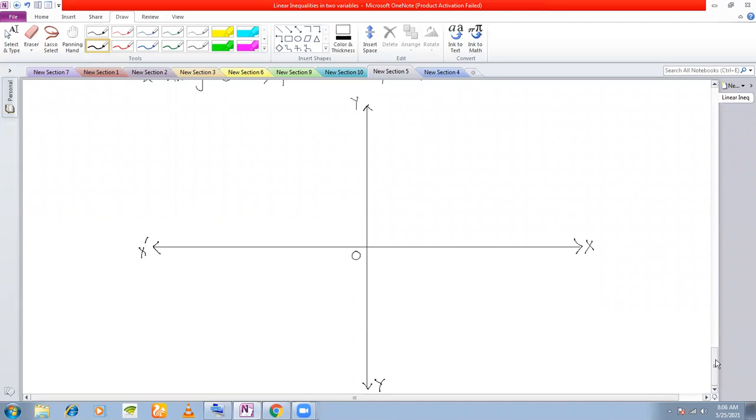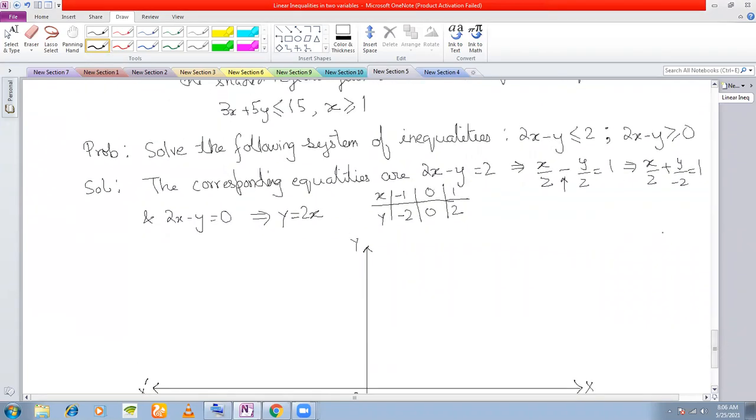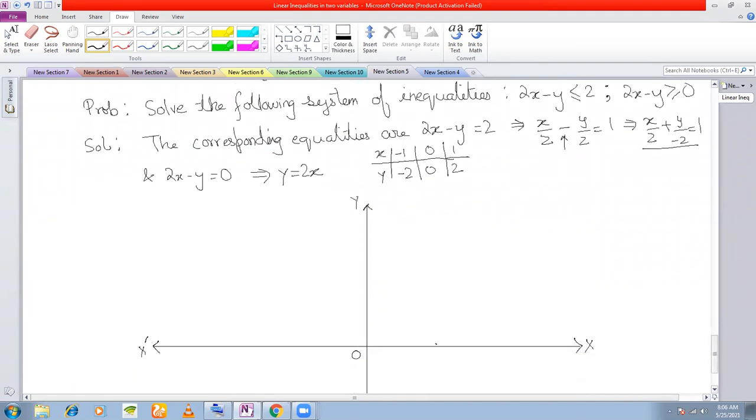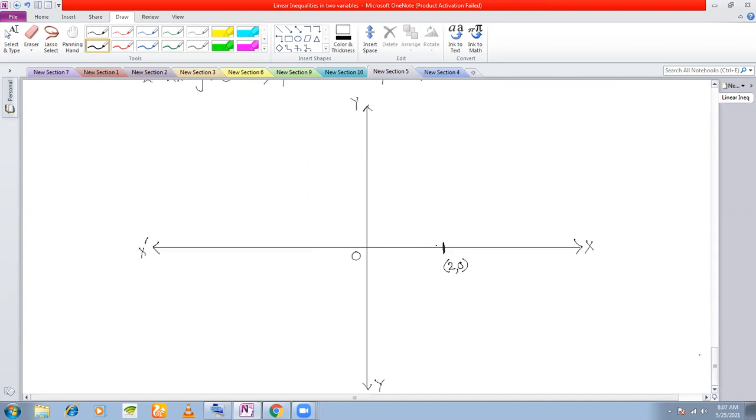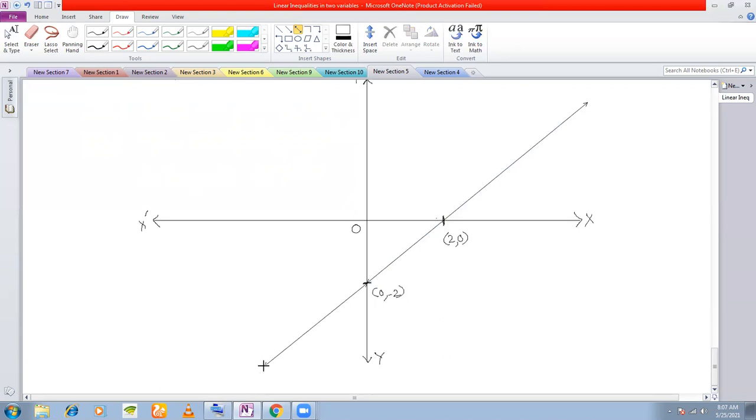the straight line that you are going to get here, for the first one, you have here, see, x by 2 plus y by minus 2. So x is positive here. So let's take 2 units. It's somewhere over here. So this is your point, 2, 0. And below y, you have minus 2. Let's take the point somewhere over here, 0, minus 2. So this straight line will pass through these 2 points. Right, so you'll get this kind of a straight line.